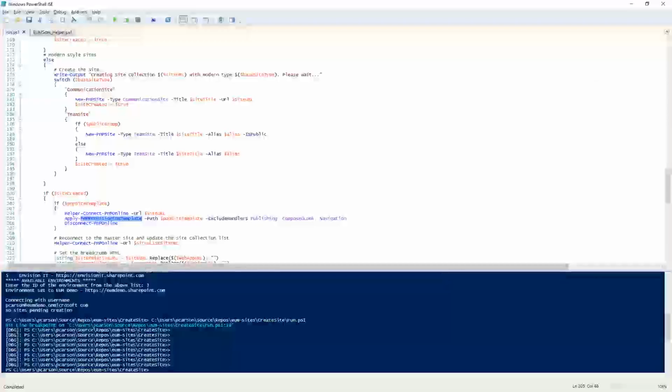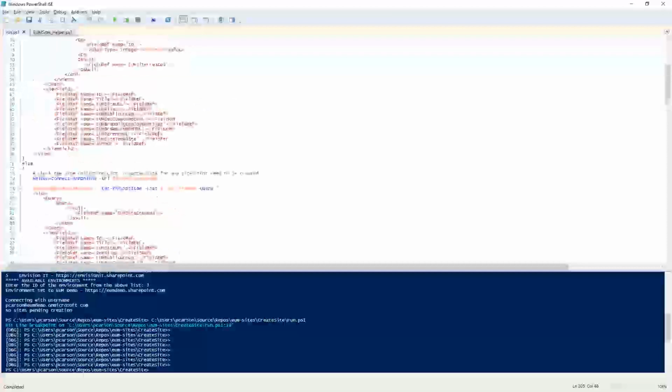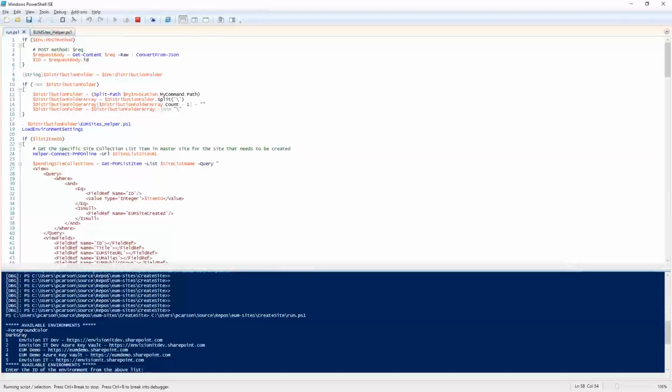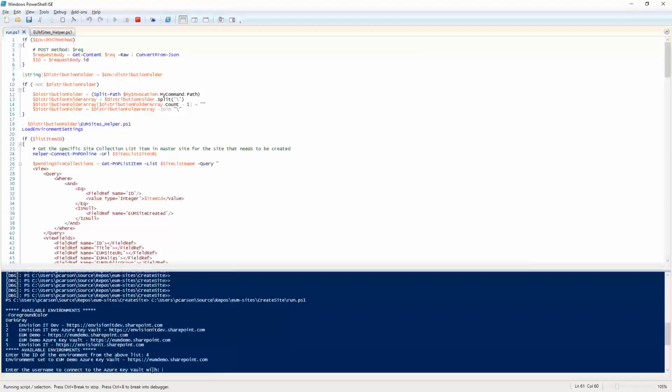If I come back here for a second, let me go ahead and clear that breakpoint that we had and just rerun that. You can see here we've got it wired into the Azure Key Vault. We can actually use that choice and make sure that all that plumbing is working properly. So if I choose 4 through there, it wants to know who's going to connect to the Azure Key Vault because I haven't run it on this machine before. So I'm going to use that